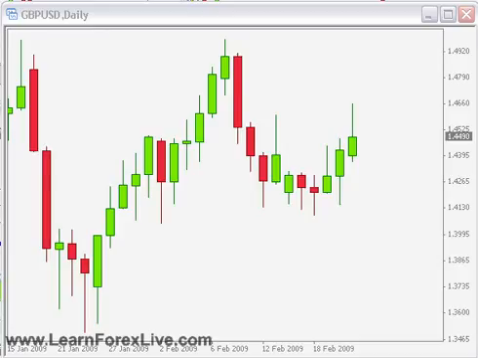Okay, a moving average is nothing but a mathematical average of the last X periods, the last X bars in your chart, in order to smooth out price action over time. Now,